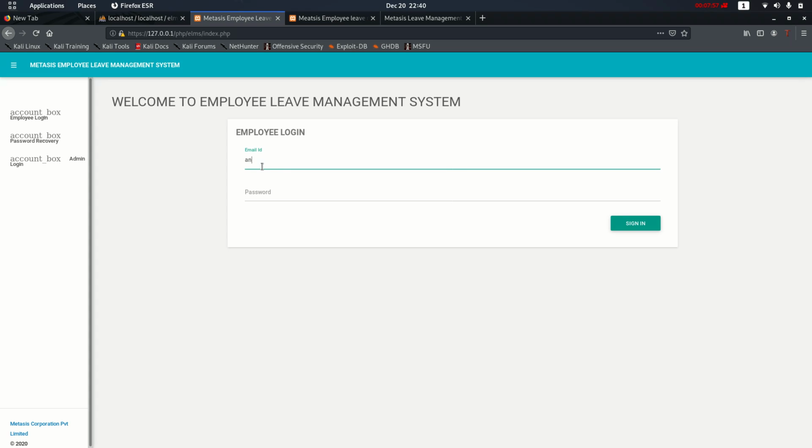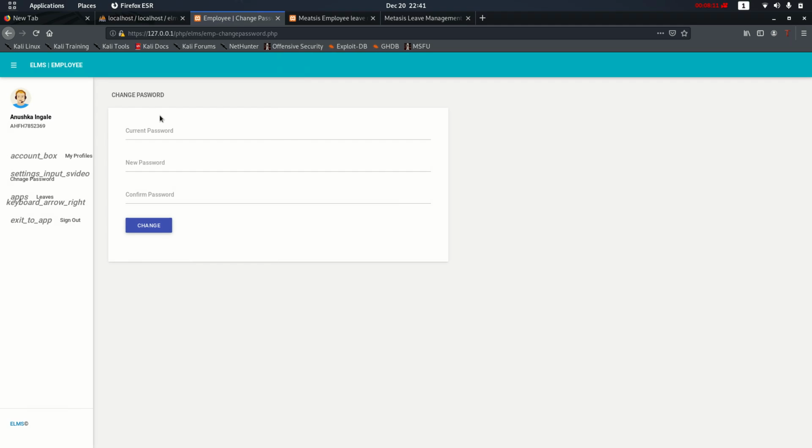So in order to give the demo, as we can see, the user has successfully logged into the system. As soon as the user logs in, there are 4 options visible on the left hand side of the screen: my profile, change the password, leaves and sign out.